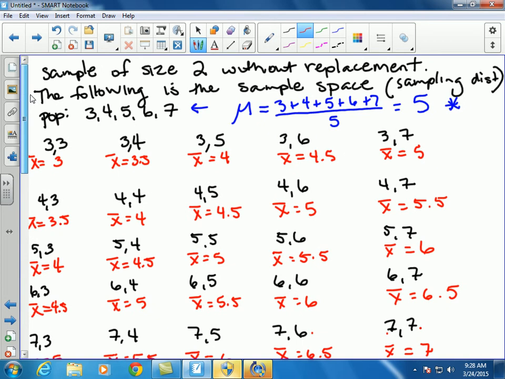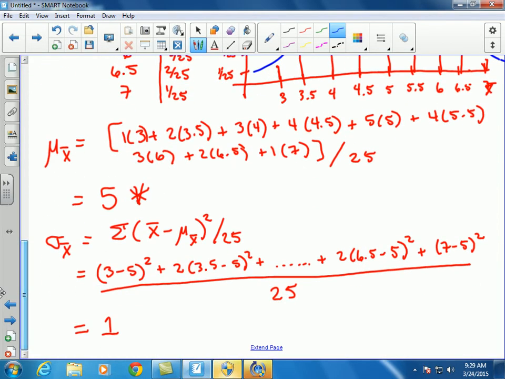And then I want you to go up here with these numbers and find, I'm going to do it over here on the side, the standard deviation of these 5 numbers, which again is 3, take away 5, square it, 4, take away 5, square it, 5, take away 5, square it, 6, take away 5, square it. All of that, and you'll find that the standard deviation of that is the square root of 2. And you say, whoa, wait a minute, because this is the square root of 2, and this is 1. So how does that